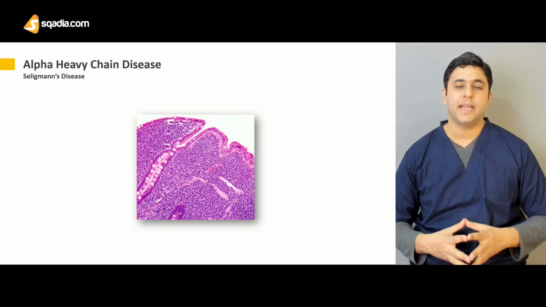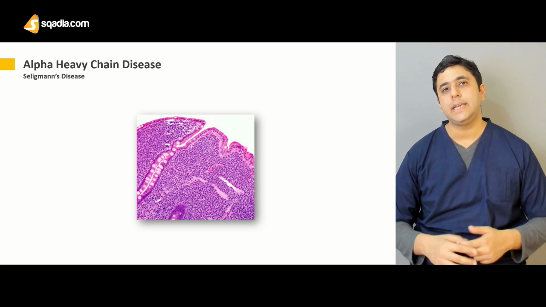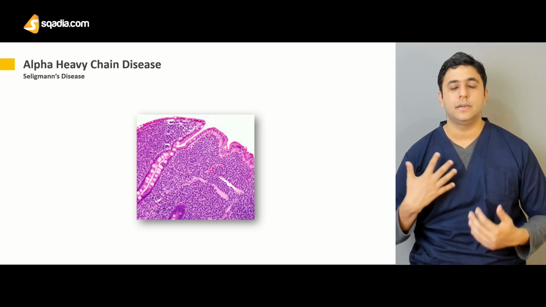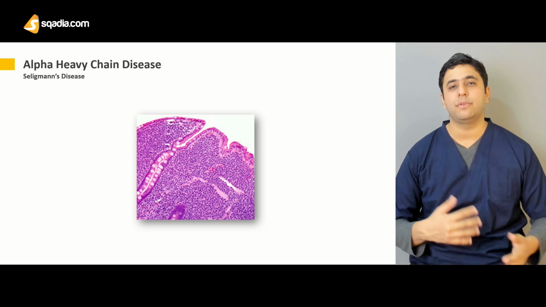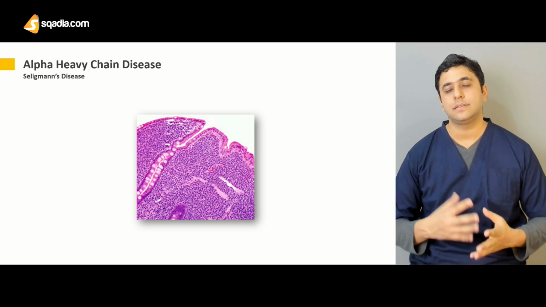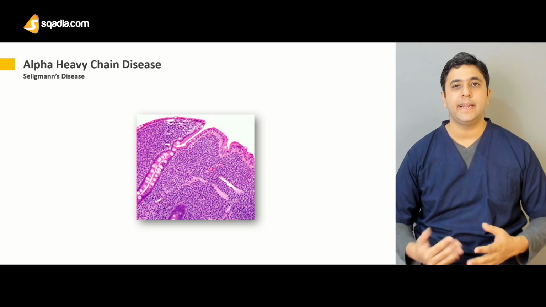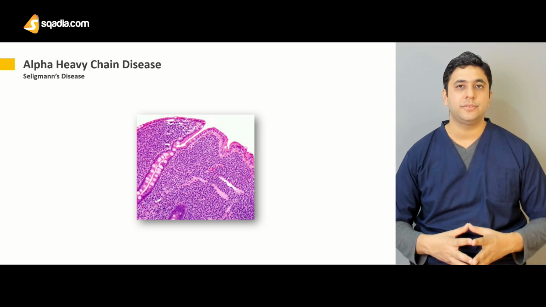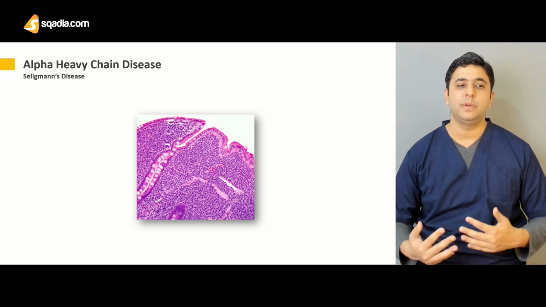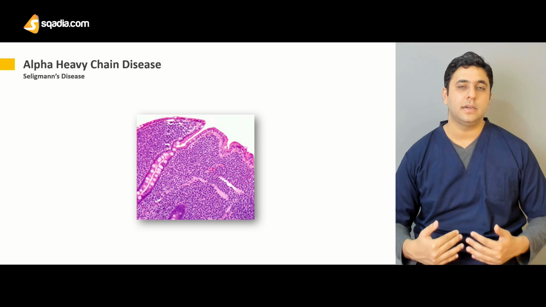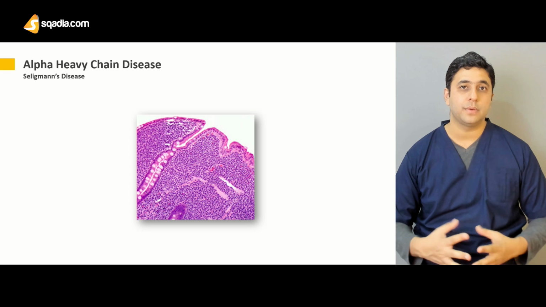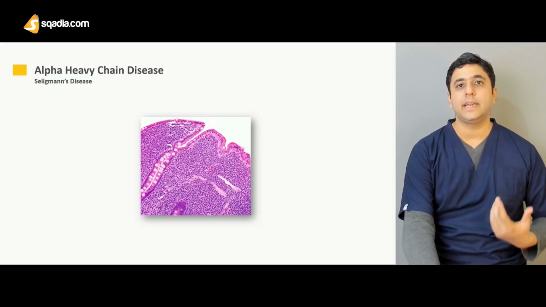The IgA antibody, as you know, is basically present in the epithelium, in the respiratory and the intestinal epithelium. It can help in absorption. It provides humoral immunity against the foreign invading antigens. It helps us clear mucus in the respiratory system. So if we have a problem with the alpha heavy chain, we might have certain respiratory problems and certain malabsorption problems. So these are the major clinical features.